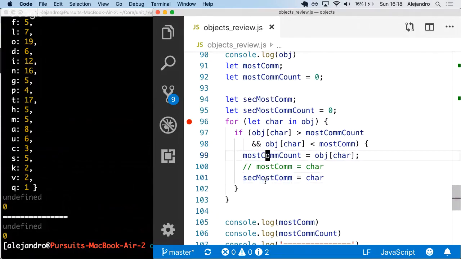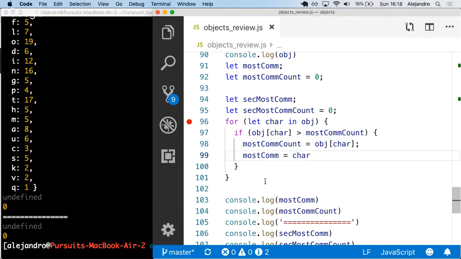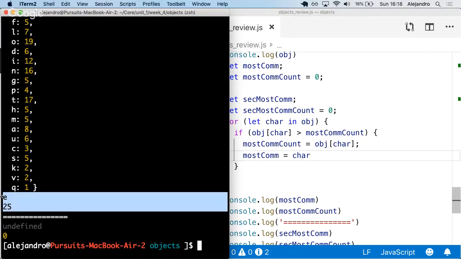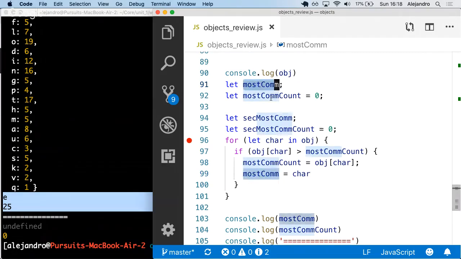So let's see if this makes sense. Let's get rid of this. Let's put that back here. We're gonna have, let's get back to this, what we had before. This will find the most common. Or in a separate loop, but I say we can do it in one loop. So let's do that. So we found the most common character, right? We did that with this set of variables. Now what we need to do is